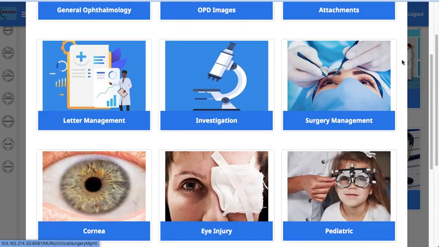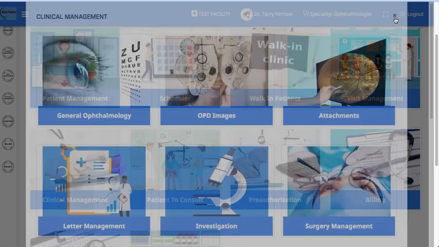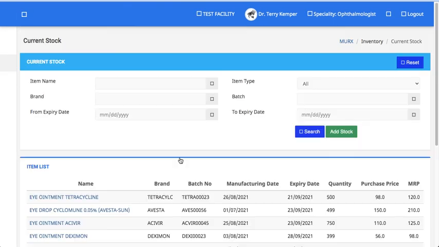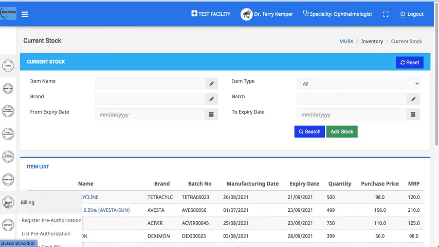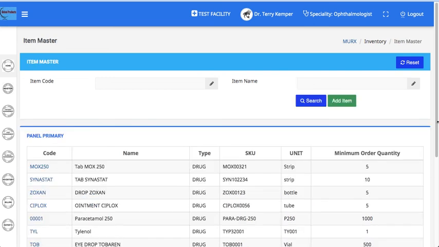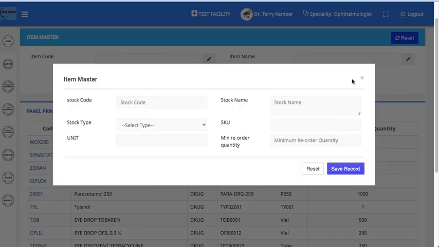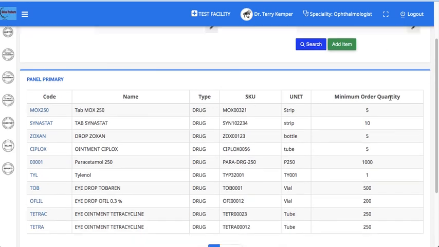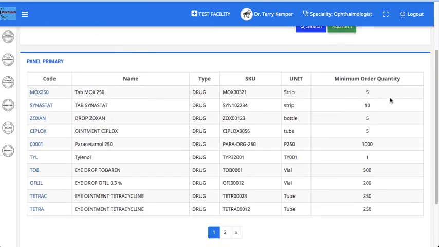And for clinical management, we then have the inventory module in MURX, wherein you can add items in the specific category, drug, non-drug, the stock name, stock keeping unit, the minimum reorder quantity, and the information added will be displayed in the page itself.